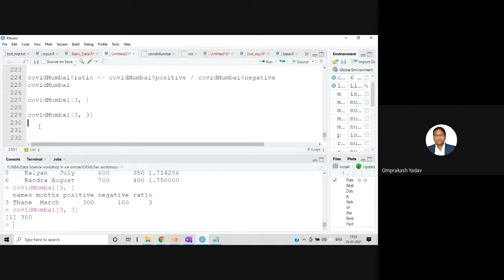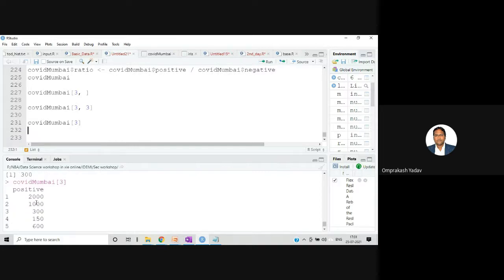If I simply say COVID Mumbai, and put 3 over here, it will display the third column. The third column is nothing but our positive column. I have not mentioned anything else, I simply mention just one number, so it gives me the full third column.